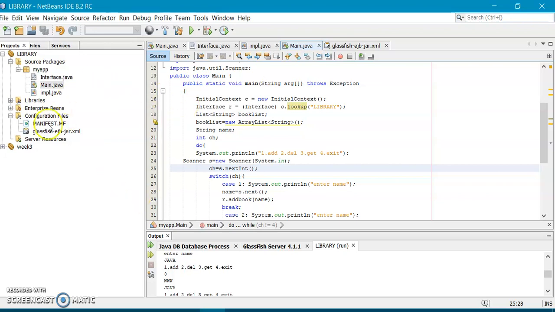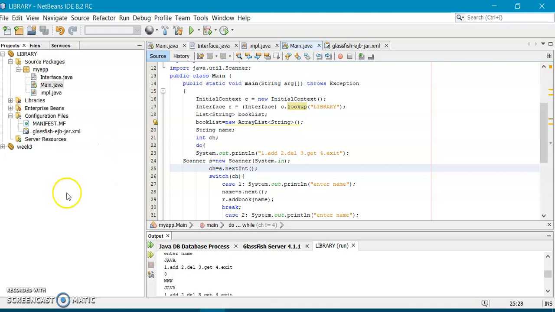For this, what you have to do first, I have told you already in the last class, the same steps we are going to create now. In order to create an EJB application, how many files do we need? First, the whole package. In that package, how many files will you be creating? 4 files in total.